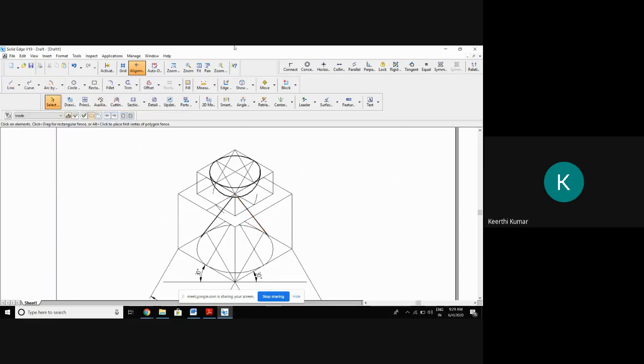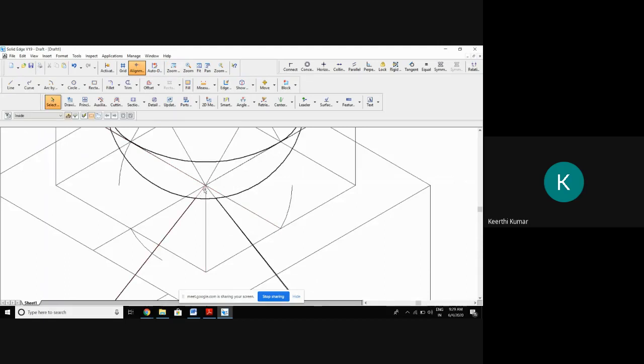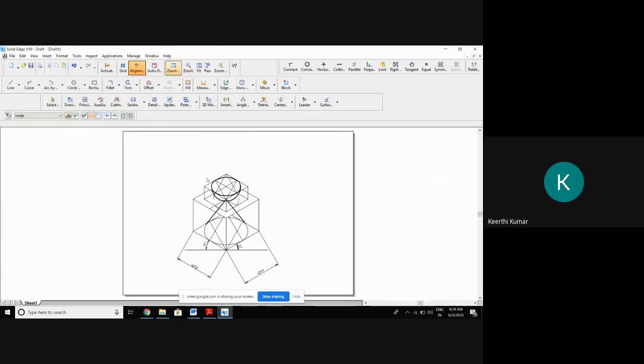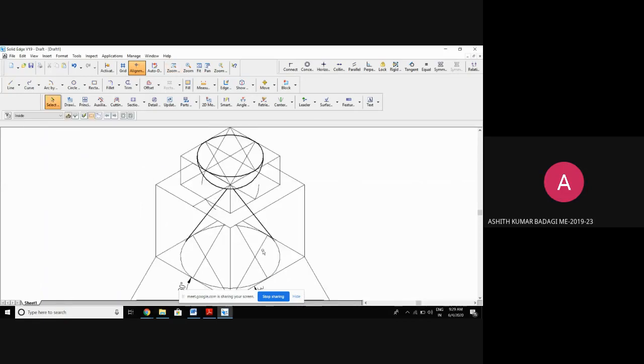See here, can you see what I did? I'll zoom in on this area and show you. The vertex of the cone is here, but I took bold only from here. Can you tell the reason? Why did I not take this and this as a thick line? I have taken the thick line only from outside the hemisphere. What is the reason? The tip of the cone is hidden behind the hemisphere. Very good. So I cannot see that. Only after the hemisphere can I see the portion of the cone, so I have taken the thick line from here. Understood?